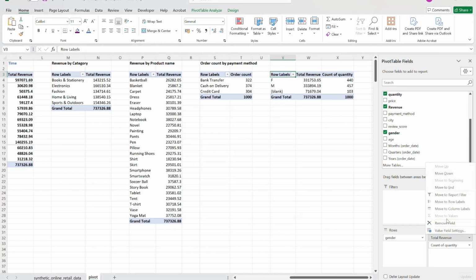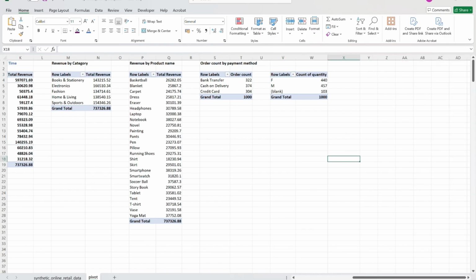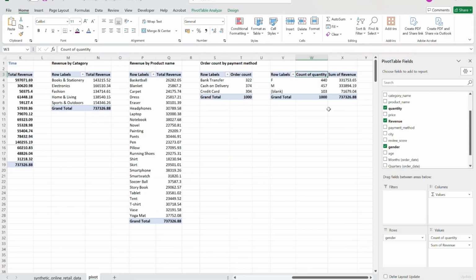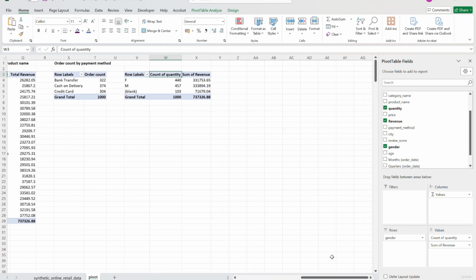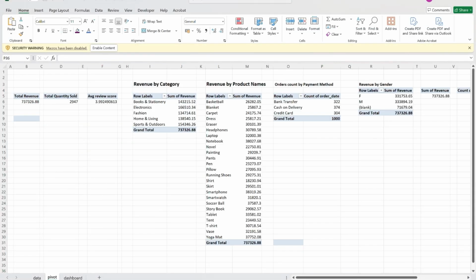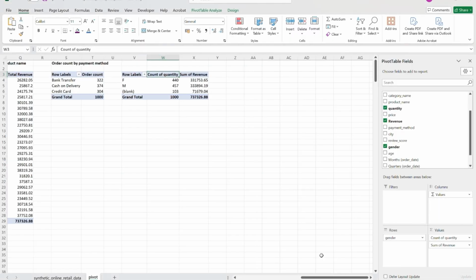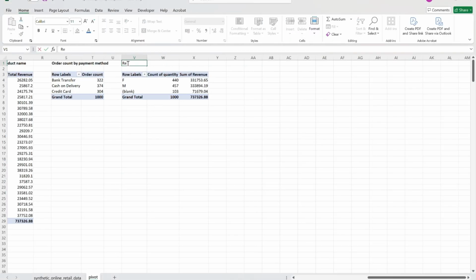The total revenue is something that you would like to remove, or you can also display the revenue here. So that's how it's going to come. Okay, so here I'm just going to mention order count, revenue slash order count by gender.